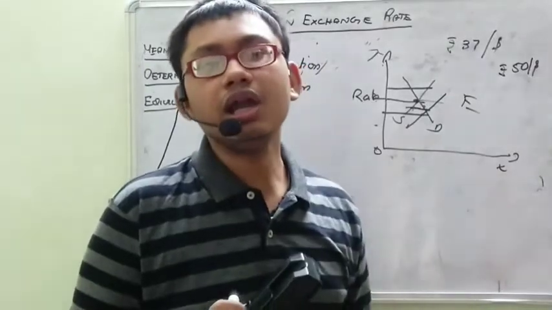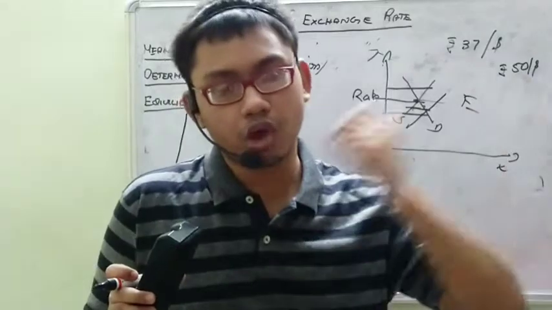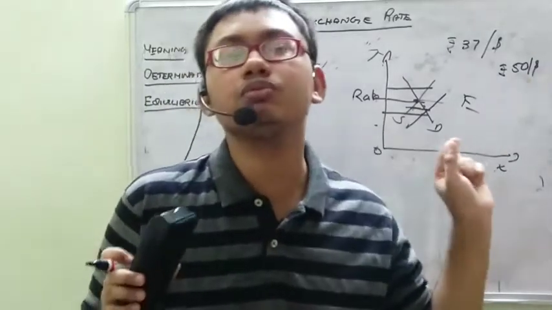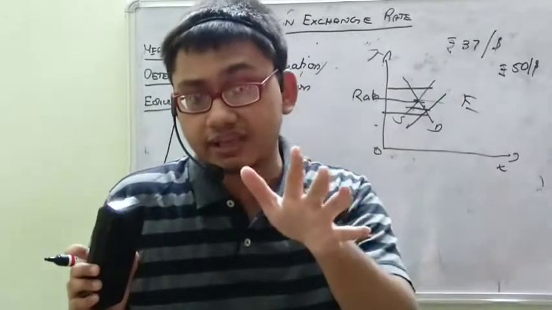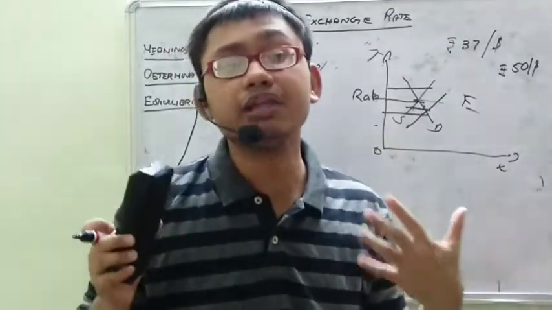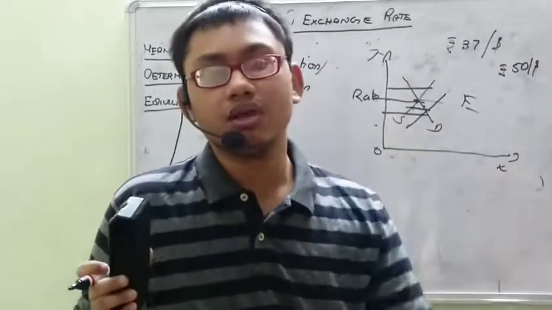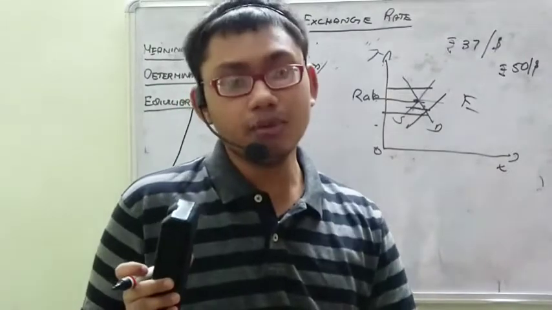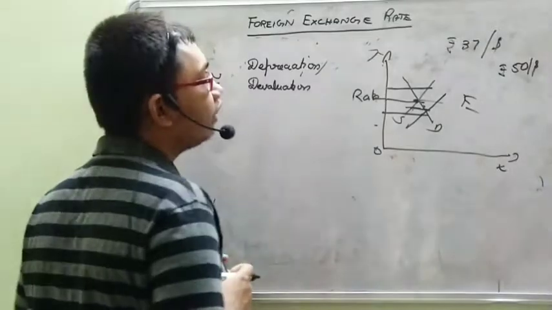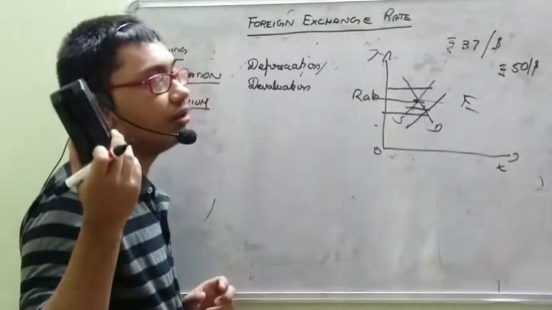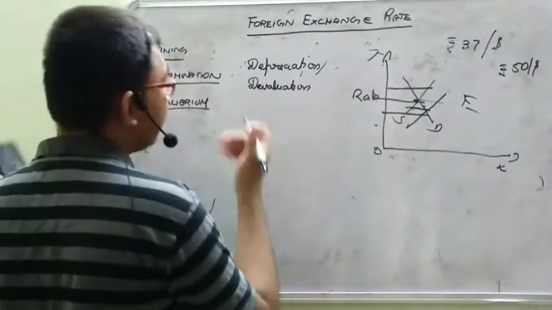You know why? Earlier, when a US person gives $1 to India, he will be getting goods worth only rupees 37, but now he can get goods worth rupees 50. So he will be encouraged because Indian goods are getting cheaper for him. So they will buy more. So it will encourage exports and it will discourage imports. And definitely it will have a favorable impact on India's foreign exchange trade or international trade.